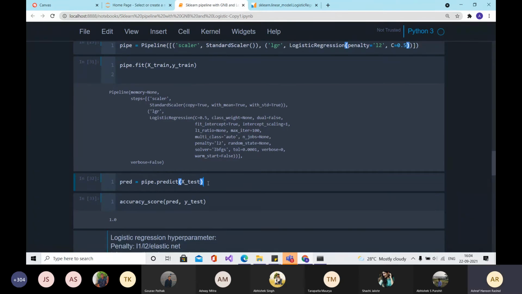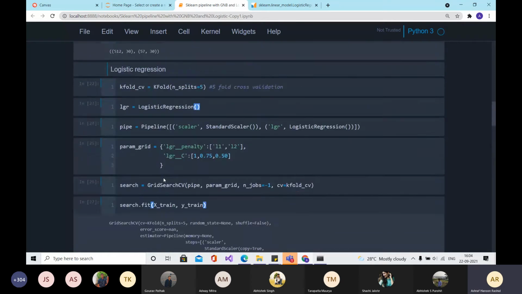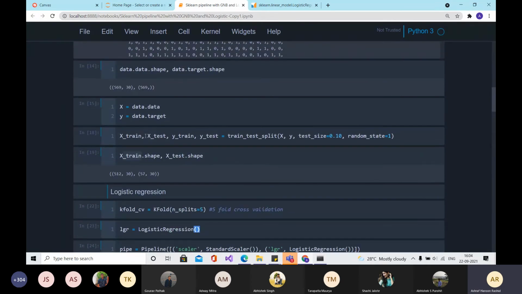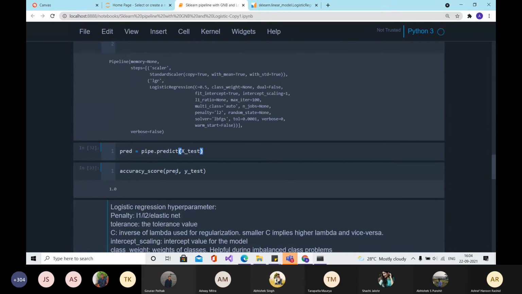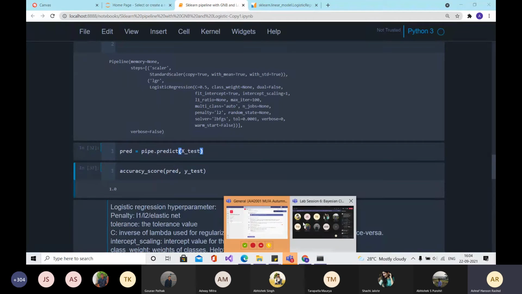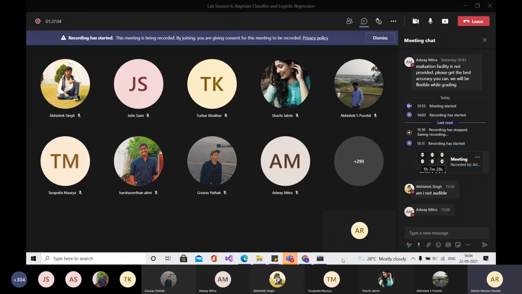So do a prediction on the x underscore test that you got while doing the train test split. And you get the accuracy.